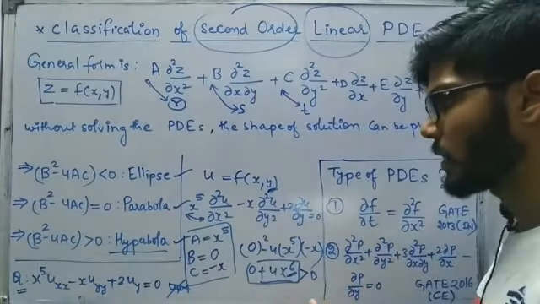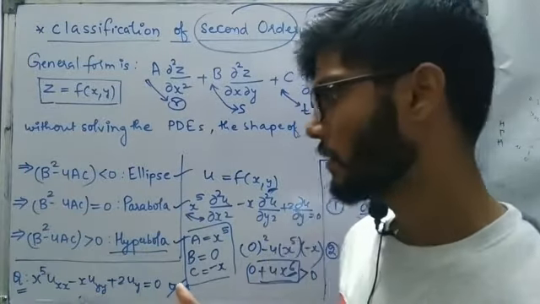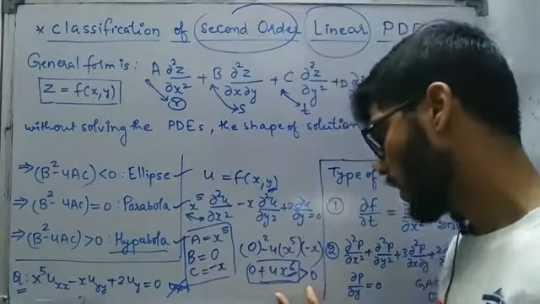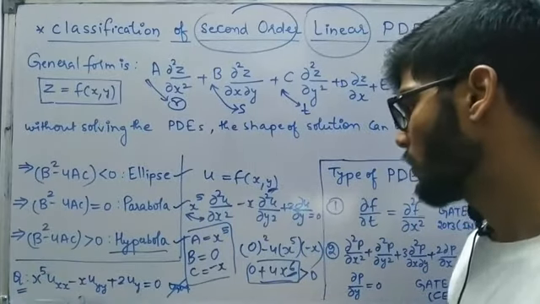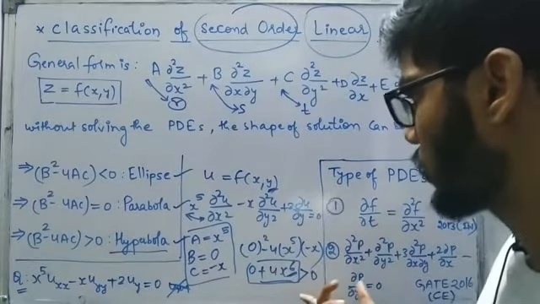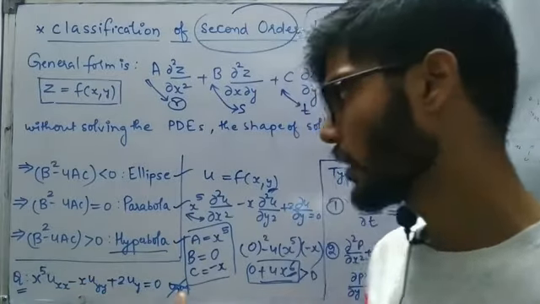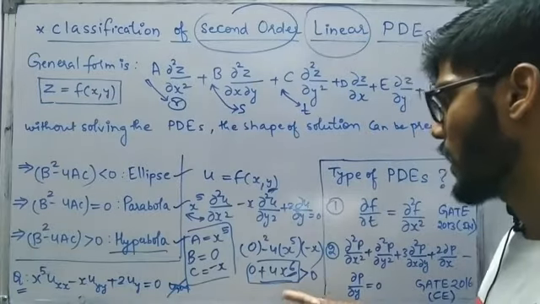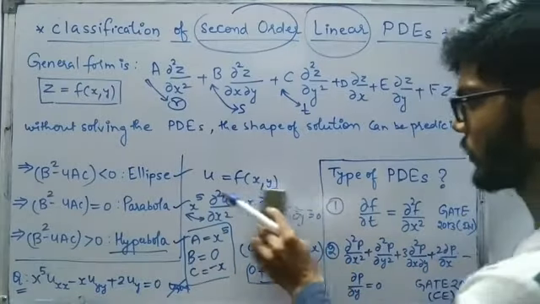So it is quite possible that all the time we are not going to get a numerical answer, like 4 or 5. So we are not able to identify whether it is positive or negative. So we have to make use of a little understanding that 4x power 6 is always going to be positive, provided x is not 0. That is quite obvious, because if x is 0, this equation itself is not going to have any existence. So you need not worry about x as 0. Only positive or negative values you have to consider, and any value is always going to be positive. So our solution will be hyperbolic.